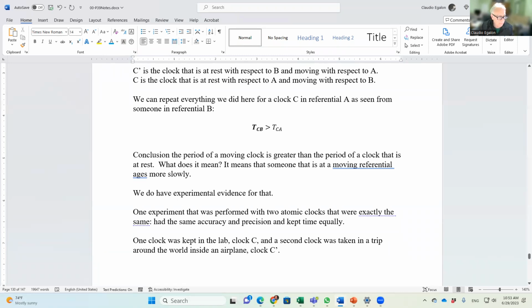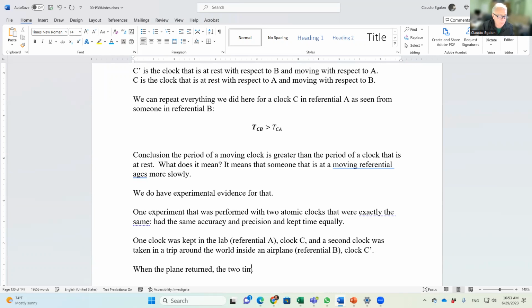By the way, the lab was referential A, and the airplane was referential B. When the plane returned, the periods of time recorded by both clocks were compared,